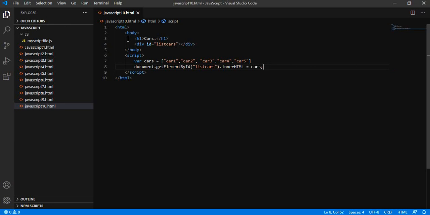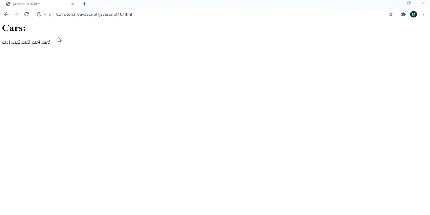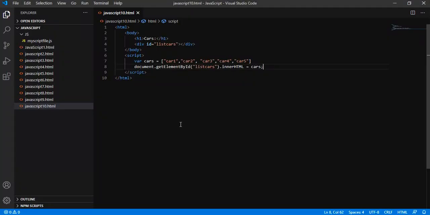Let us try to print these values, and later on we will define the different methods. So these are the car values that are printed now.